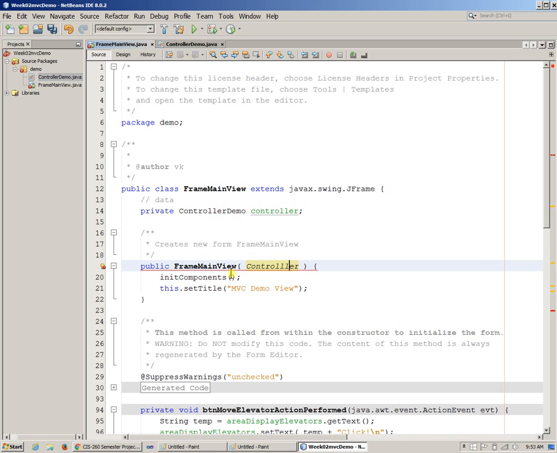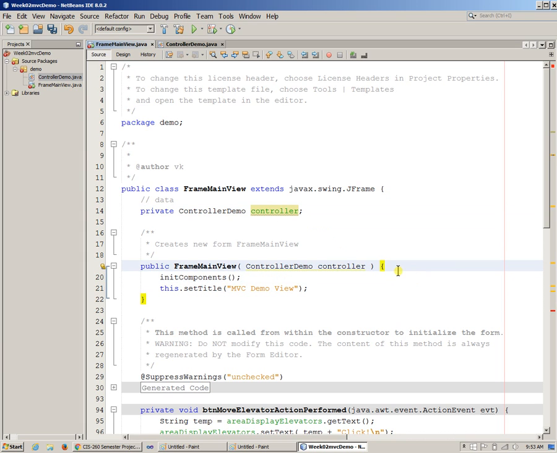It's called controller demo, right? Not the controller. Controller demo, controller. And say that when the window is constructed, let's pass the reference to the existing controller object to the constructor so that the constructor can basically store it in the member of our